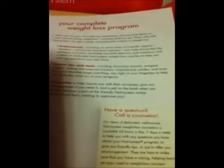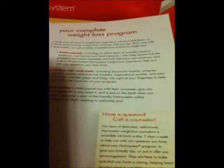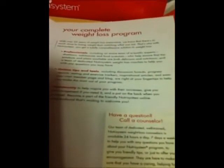So, just like Weight Watchers, where they let you pretty much eat anything and everything that you want. The bad thing about that is when they give you a set of points, and I'm guilty of this too, you get to the point where you want to find this dessert or that sweet thing or this snack item for the least amount of points. So instead of trying to eat fruits and vegetables like you should be, you're trying to find desserts and sweets and maybe snack items and things that will fit into your point plan,